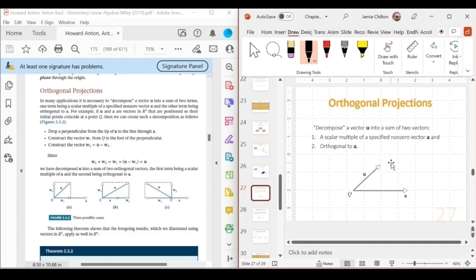So here we've got it. And you might want to decompose it into a sum of two vectors. So here's what happens with orthogonal projections. From the tip of u, you are going to drop a perpendicular